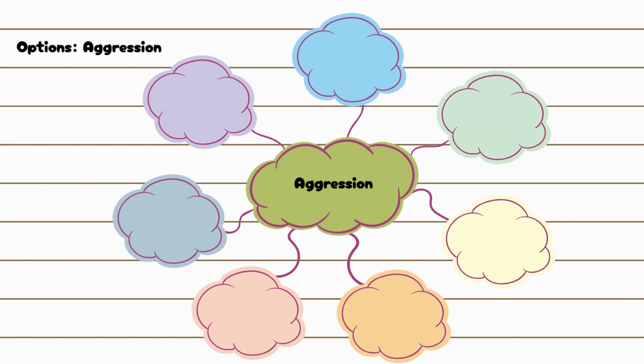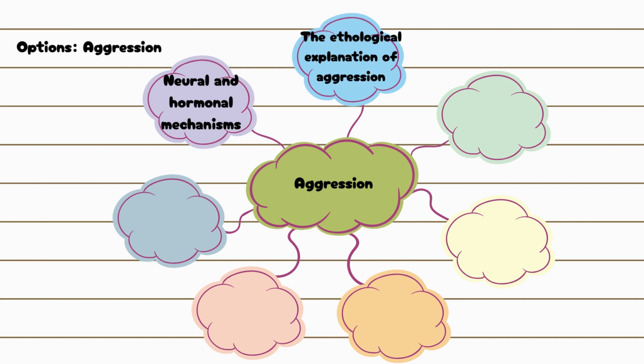Options. Aggression. For this topic you need to know the neural and hormonal mechanisms in aggression, including the roles of the limbic system, serotonin and testosterone, genetic factors in aggression, including the MAOA gene, the ethological explanation of aggression, including reference to innate releasing mechanisms and fixed action patterns, evolutionary explanations of human aggression,